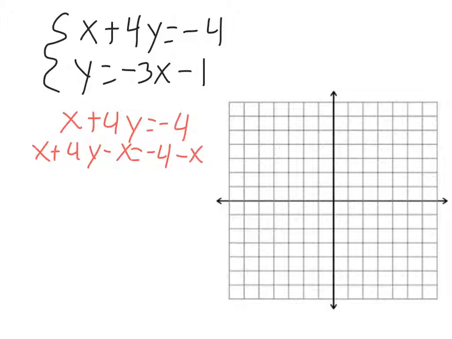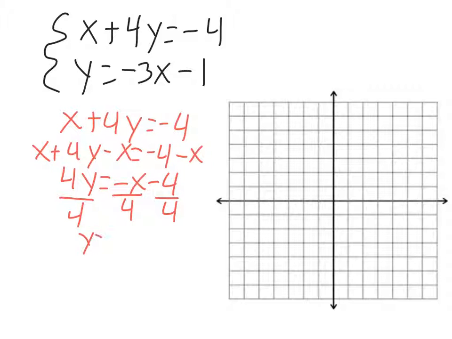And after we combine like terms, that'll give us 4y equals, and remember you should probably put the x first, so negative x minus 4. Now we need to solve for y, so we need to get rid of this 4 here. So it's multiplying y by 4, so we divide everything by 4. So we will be left with y equals, now,